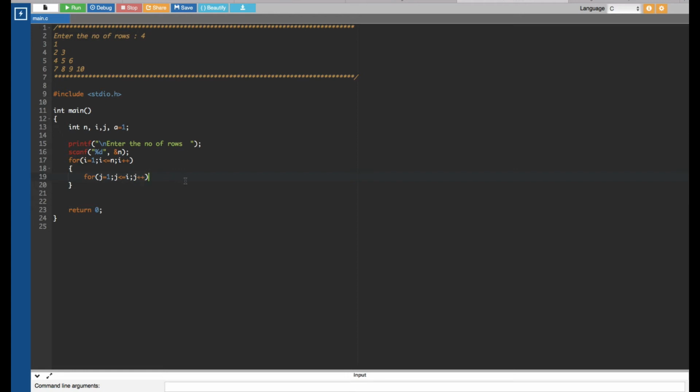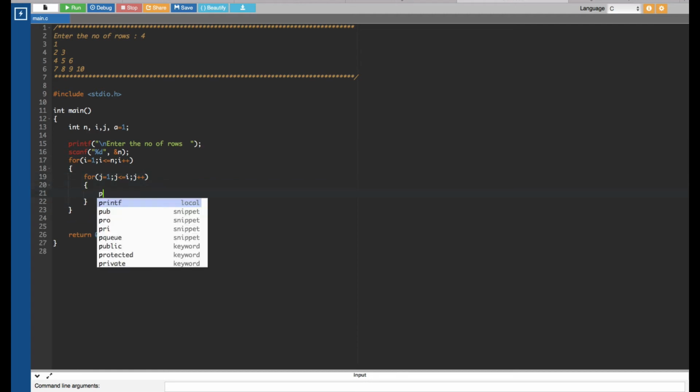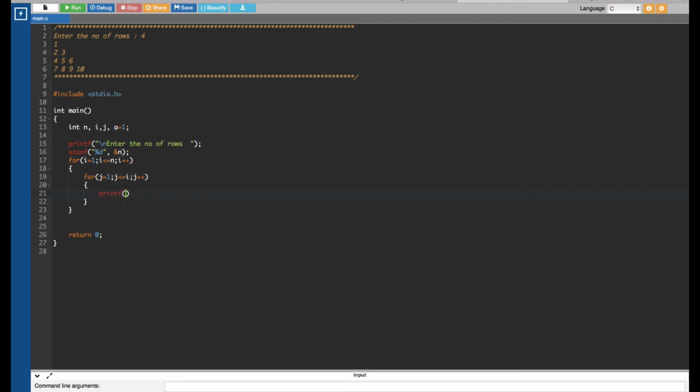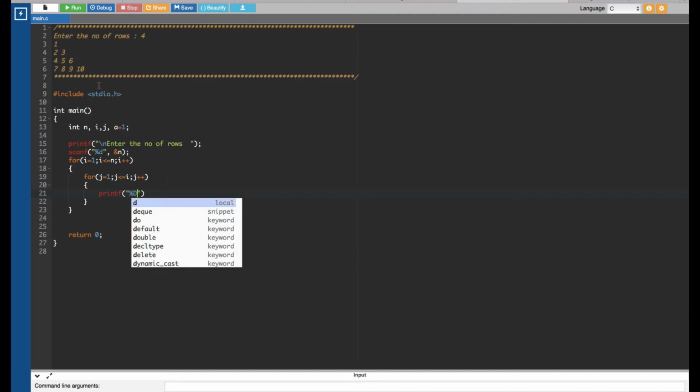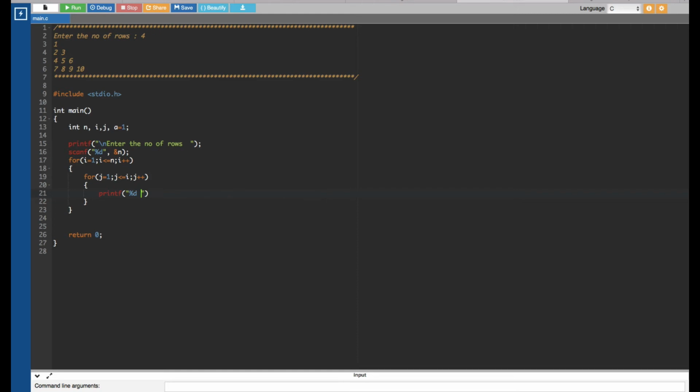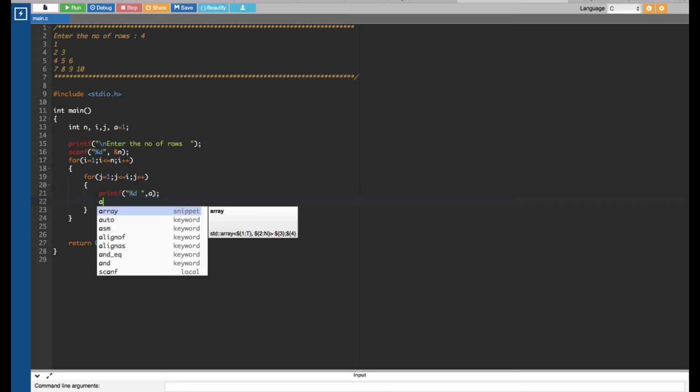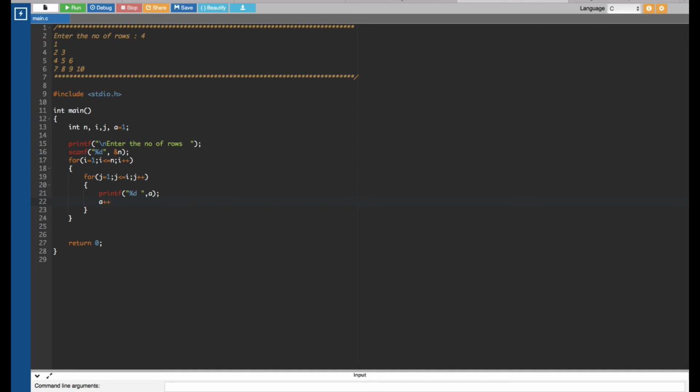and then inside of this nested for loop we are going to write the printf statement to print out the numbers. In the printf statement, since numbers are integer type variables, we have to put a %d for that. And also we need a space between numbers, so we have to put a space like this, and then the number we are going to print is going to come from a. Okay, and we have to do the increment for a by 1 each time,